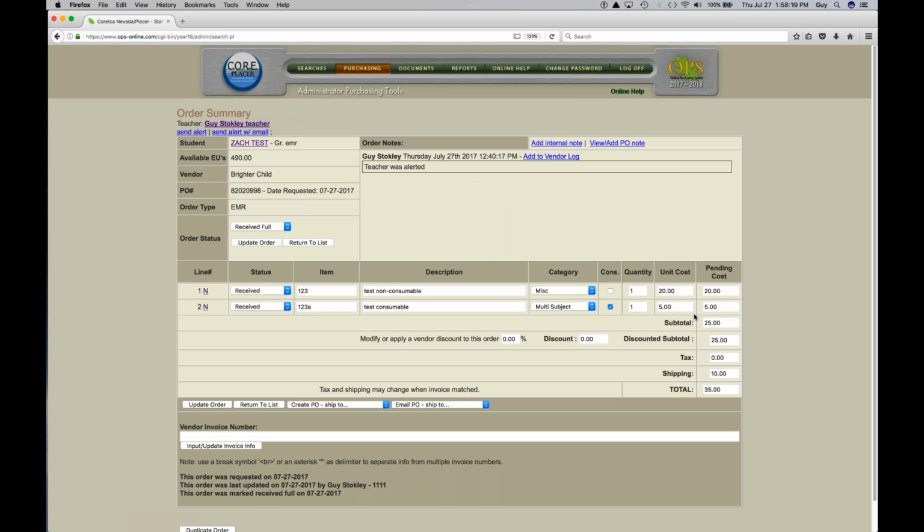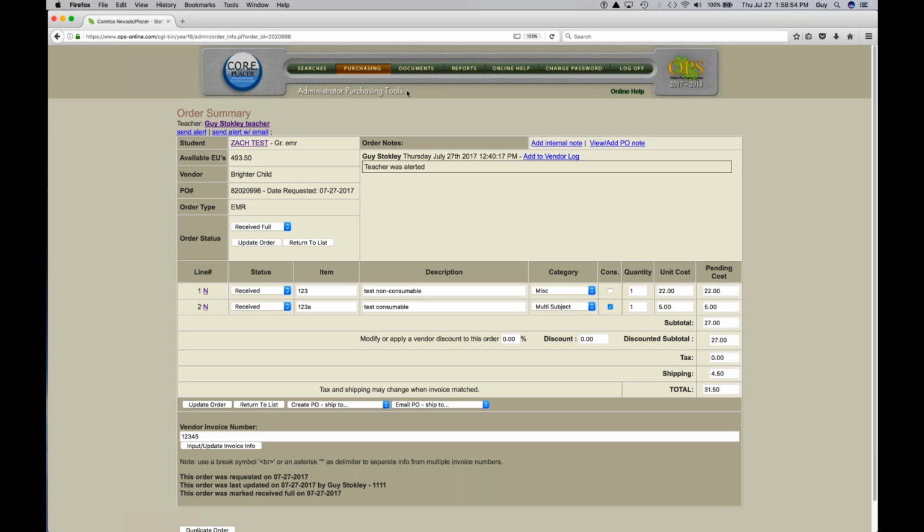Open that up, look at your invoice. You see the invoice is like so, and actually the vendor charged $22 for that textbook, and the shipping was only $4.50. And so you can update that order now, and it shows that everything is what it should be. And also you can input the invoice number and update that, and that invoice number, this is the vendor's invoice number, will now always be associated